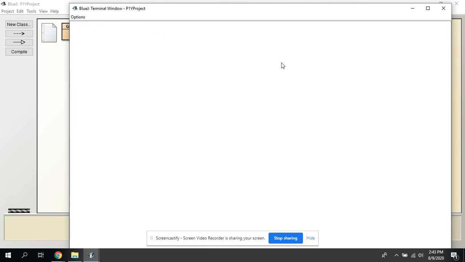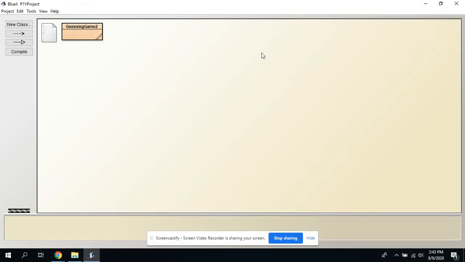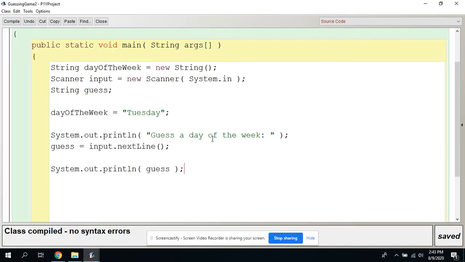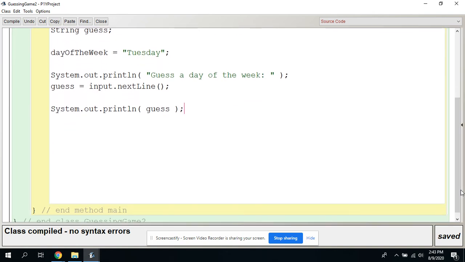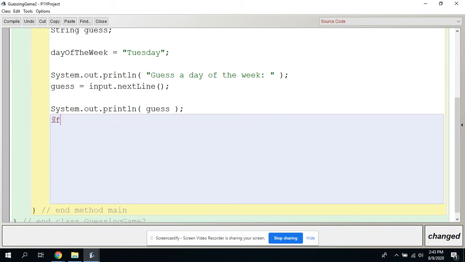We haven't done anything to check their answer, but we're just trying to make sure that so far we're able to get something from them, that's getting stored in the right spot. Now, we're going to check it. So we could probably get rid of this, and if there's something in your code that you don't want to use anymore, you could just comment it out, and then Java won't read that line. So we could say if guess equals